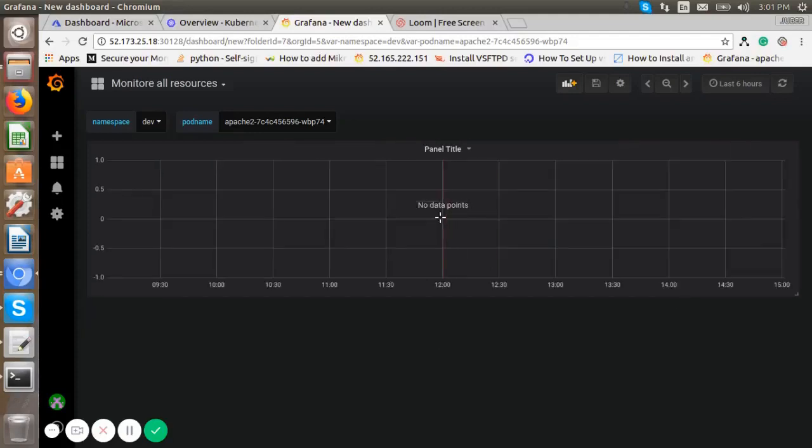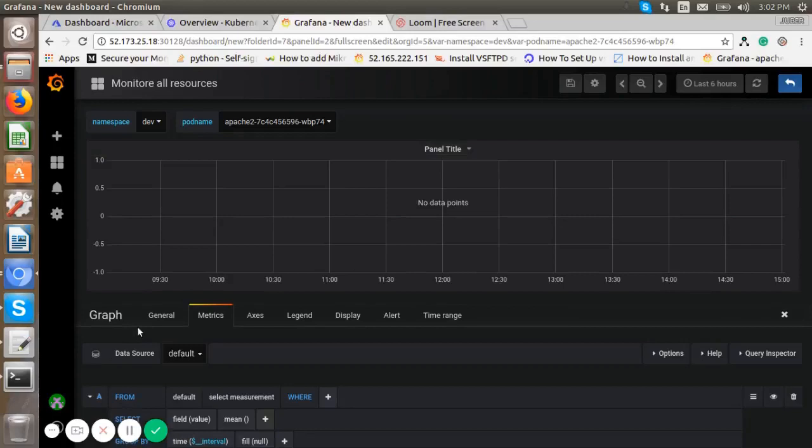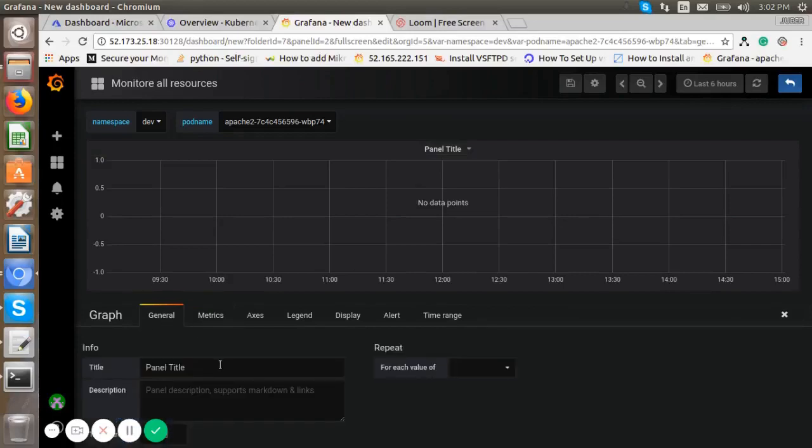Now we can see no data is plotted in the graph because we have not yet written a query for this panel, so we can write a query for it. Now click on the panel title, select the edit option, go to General, and first enter the title of this dashboard,